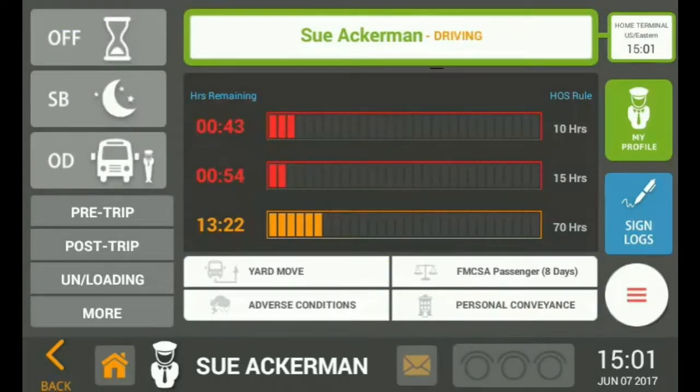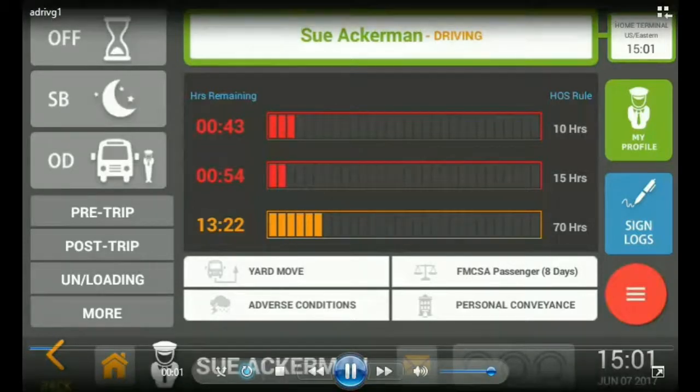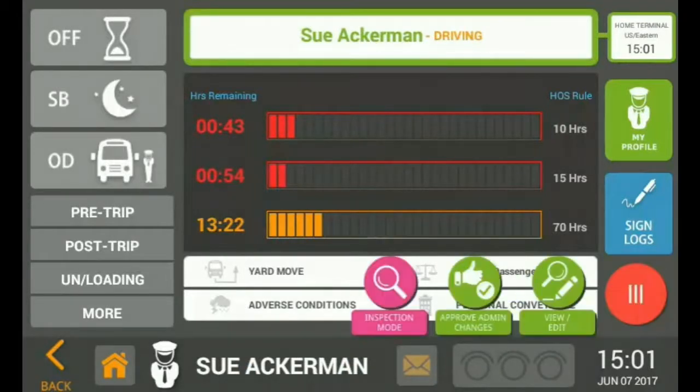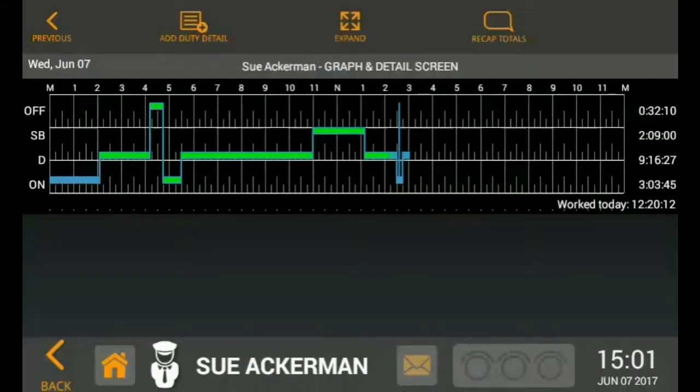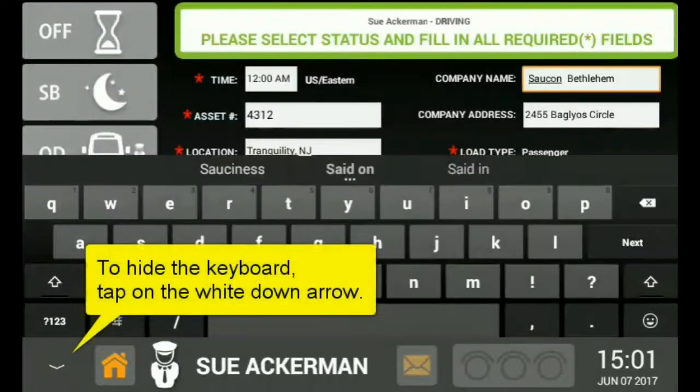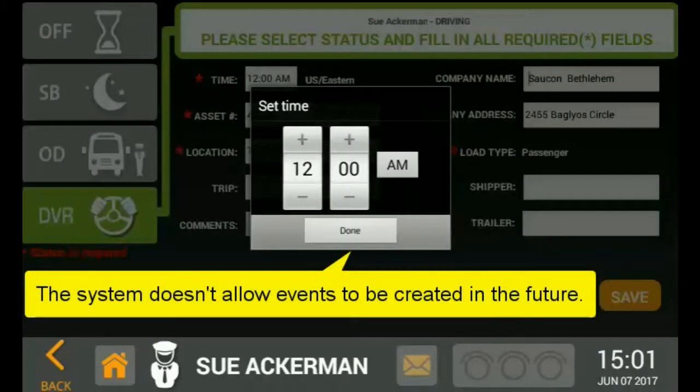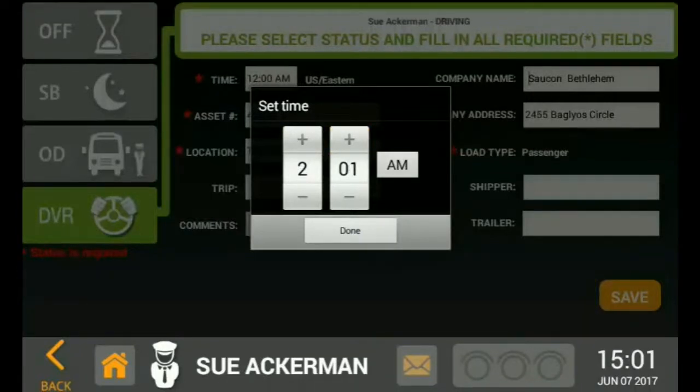Next, we're going to show you how to add a driving event to your log. It's slightly different than adding any other type of event. From the progress screen, tap the red circle menu so you can get the extended list of additional menu options. And when that comes up, we're going to tap the View Edit button. From here, tap the Add Duty Detail, and now we're going to tap the Driving Status button and tap into the time field. We're going to set our time to